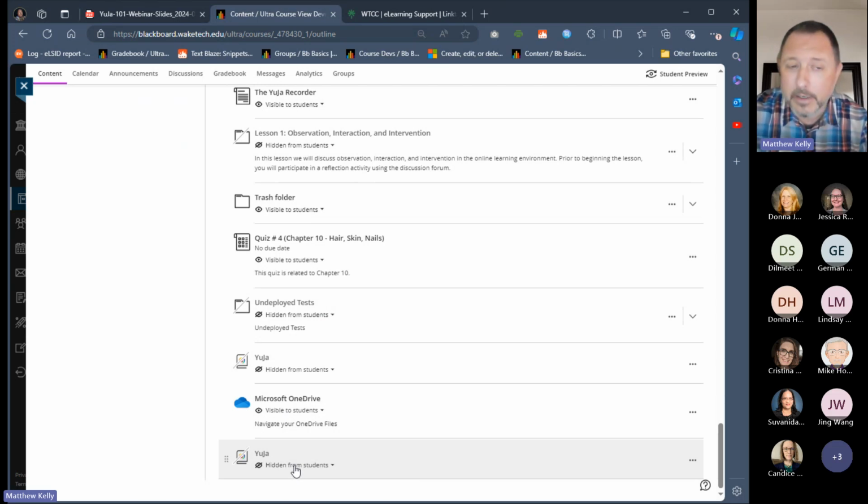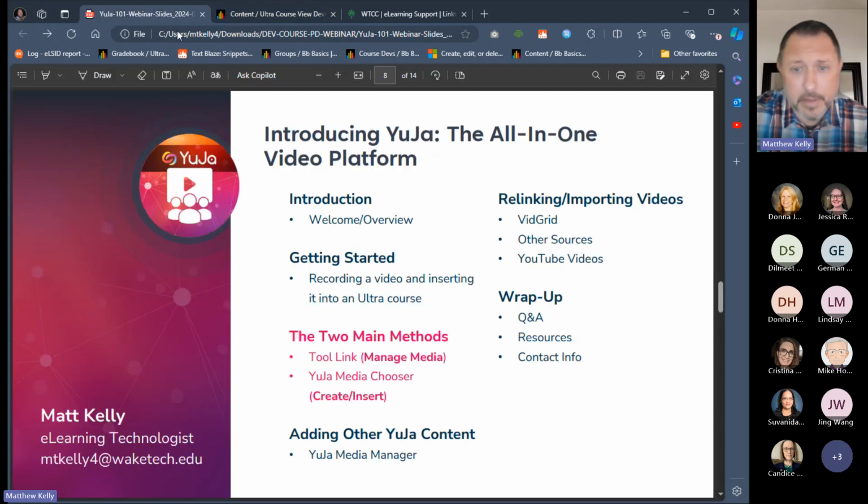But again, it's important to remember that is simply accessing the user's YuJa media platform account and all of the videos and media that user might have created or uploaded to that account. So it's not necessarily what you want to click to create content. It's just what you want to click to manage content.